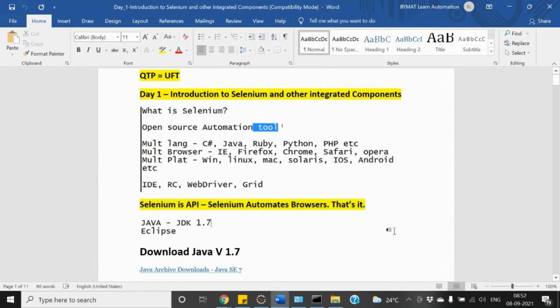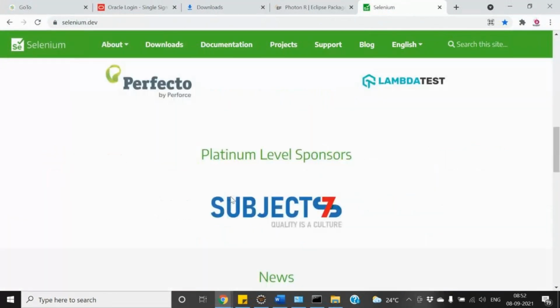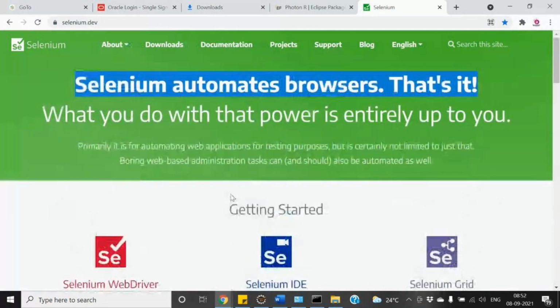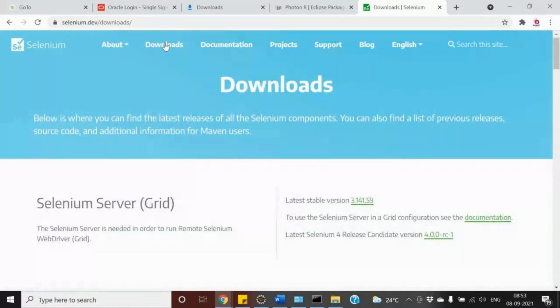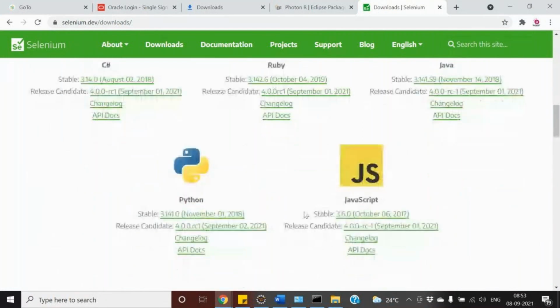So why Selenium? The reason being, Selenium supports multiple languages. If I go to the download section of the official URL, I'll be able to see the different languages over here: C Sharp, Ruby, Java, Python, and JavaScript.